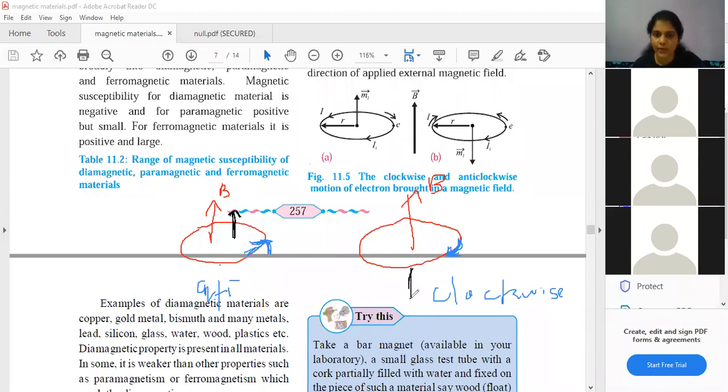Okay, fine, it is in downward direction. I hope you all are understanding. Students, to be more specific, over here this magnetic field adds up to the existing magnetic field. It is like this actually. The original external magnetic field is there, and the magnetic field of the induced current adds up to the existing magnetic field in anti-clockwise direction, whereas in clockwise direction it is in the opposite direction. I hope you all are understanding, and this we can determine by applying the right hand thumb rule.